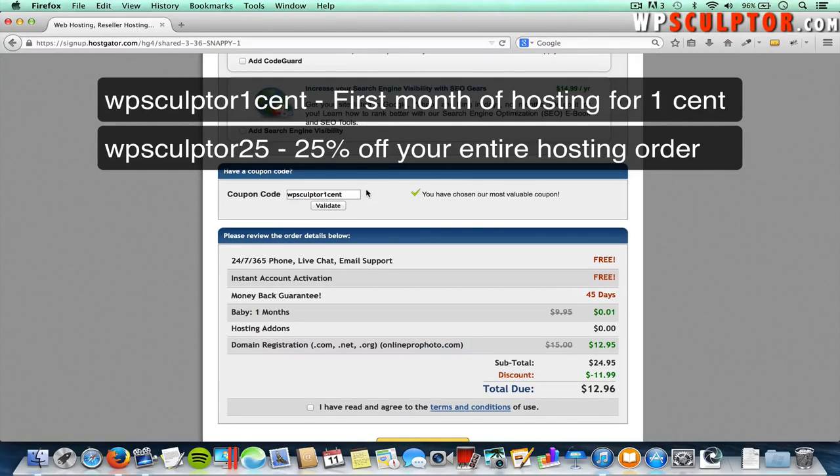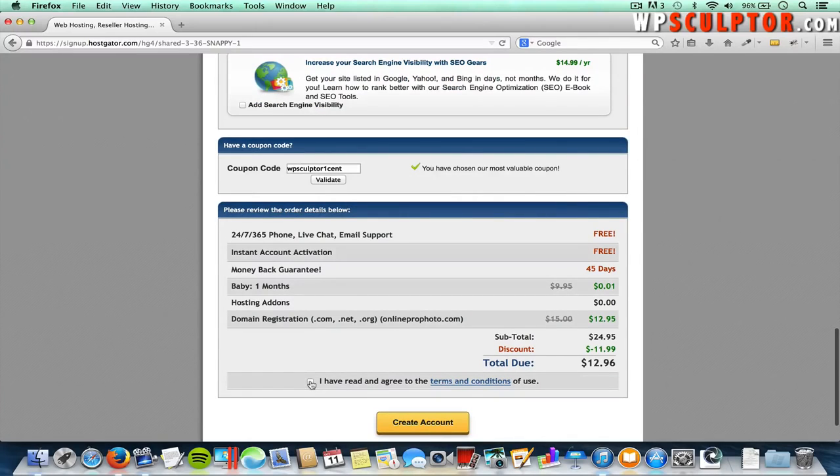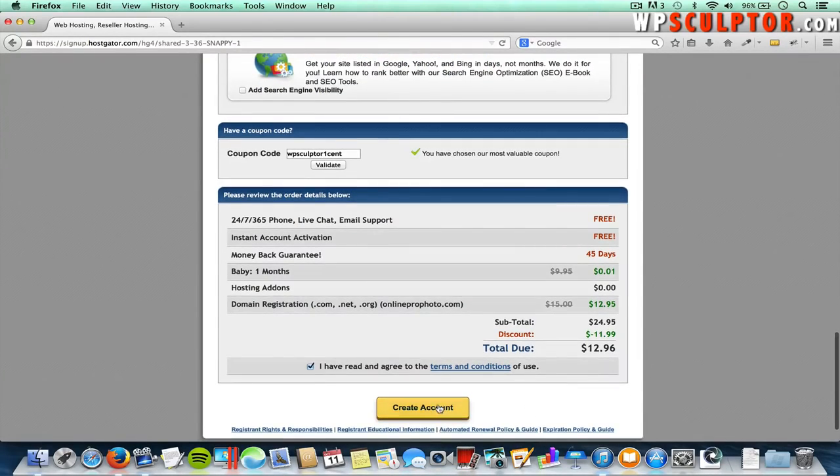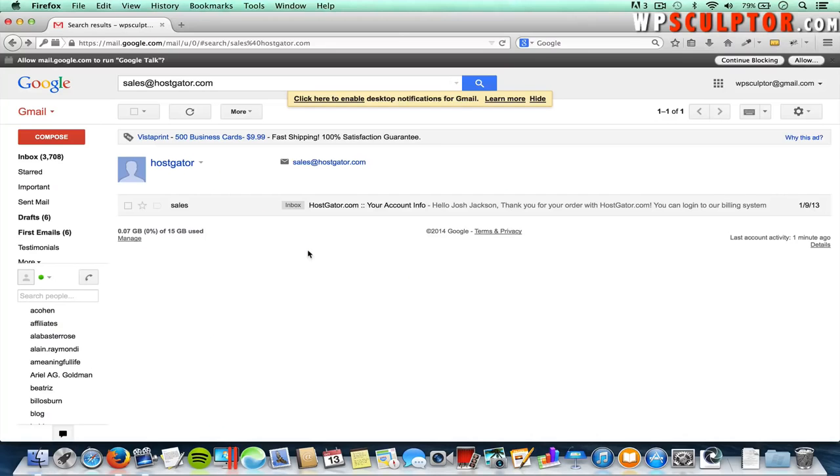I really appreciate that. And so go ahead and come down here and click on that you have read and agree to the terms and conditions, and click on create account. Alright, give HostGator about 15 minutes or so to get your account set up, and then you're going to check your email. Okay, after a few minutes, check your email account, and you should have an email from HostGator, and